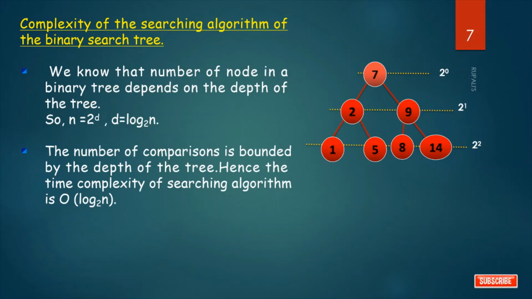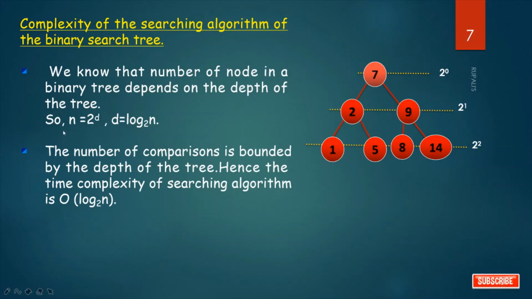Now, in case of binary search, we know that the number of nodes in a binary tree depends on the depth of the tree. In a complete binary search tree, if we start from the root and start marking, it is 2 to the power 0 number of nodes. In this level it is 2 to the power 1 number of nodes, and in this level 2 to the power 2 nodes are there.